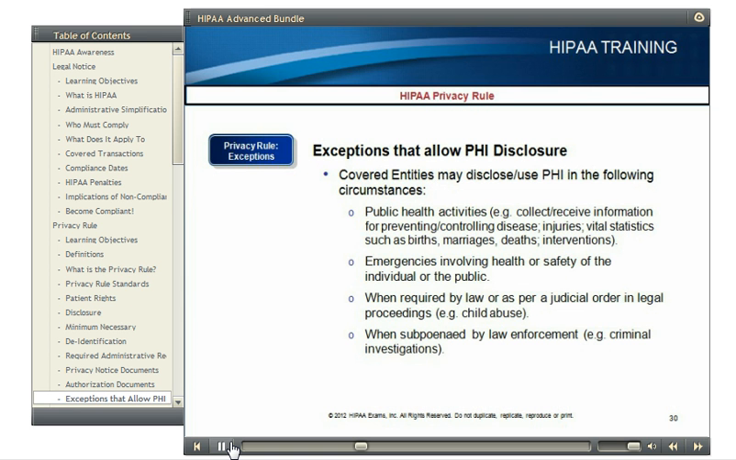Exceptions that allow PHI disclosure. Covered entities may disclose or use PHI in the following circumstances: public health activities, e.g., collect or receive information for preventing or controlling diseases, injuries, vital statistics, such as births, marriages, deaths, interventions, emergencies involving health or safety of the individual or the public, when required by law or as per a judicial order in legal proceedings, e.g., child abuse, when subpoenaed by law enforcement, e.g., criminal investigations,